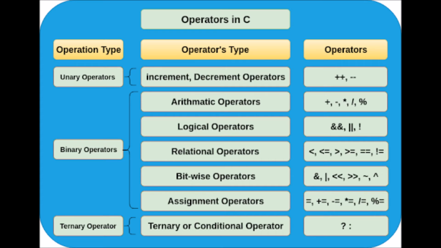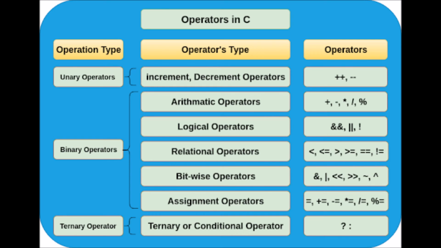The next type of operators is the assignment operator. The first assignment operator is the equal to symbol, which assigns from right side to the left side. If suppose I write a equal to b, so it assigns the value of b to the variable a. In the similar way, we have plus equal to, minus equal to, star equal to, slash equal to, and percent equal to. These operators were introduced to reduce the work of programmers. For example, if I want to write a equal to a plus 1, so instead of writing this big code, I can write a plus equal to 1, and similarly I can use the other symbols as well, like a minus equal to 1, and so on.